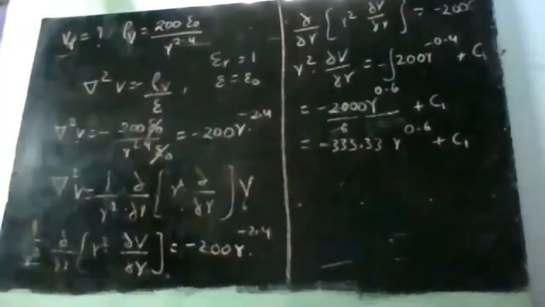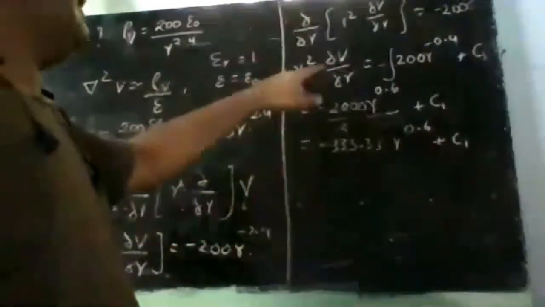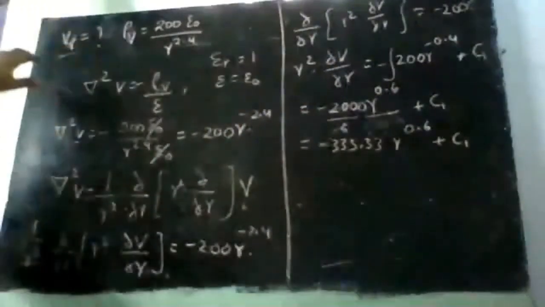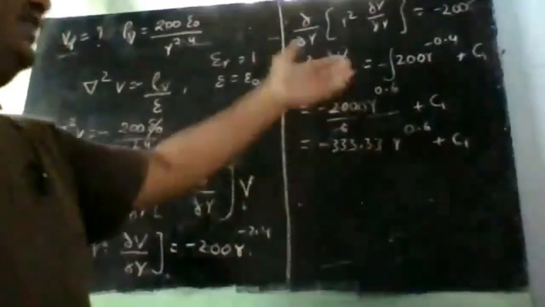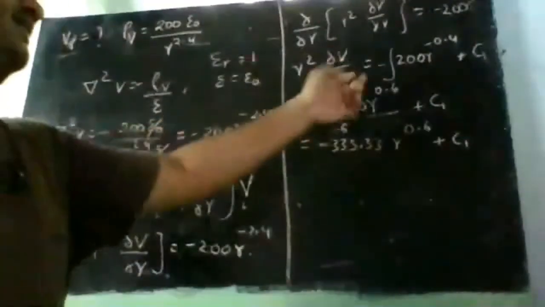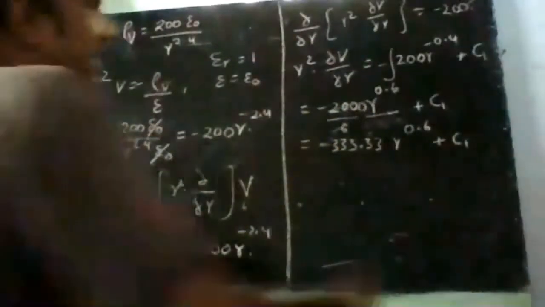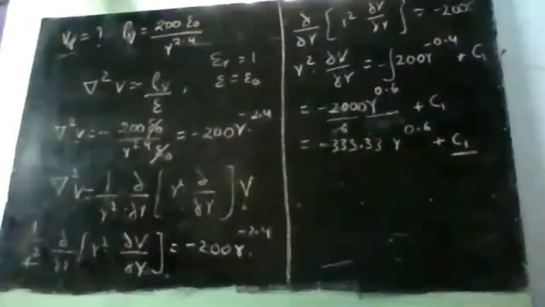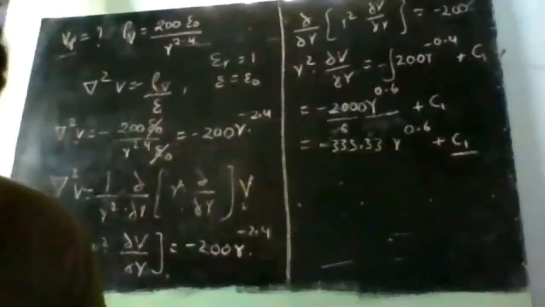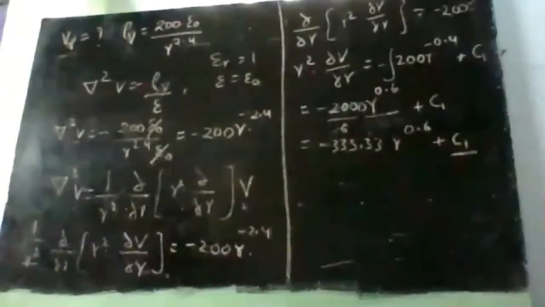Now we can continue with integration again, right? The thing that I actually require is the voltage, correct? So for getting voltage, if we integrate it again, dV by dr becomes V, so I will get the integral value. But before that, we need to evaluate C1. So here from this we can evaluate C1. For evaluating the expression for C1, what should I do?